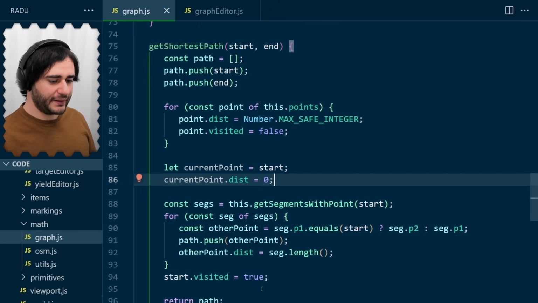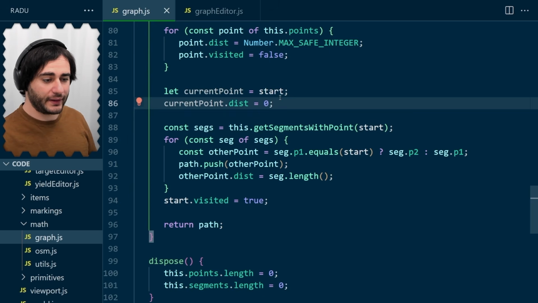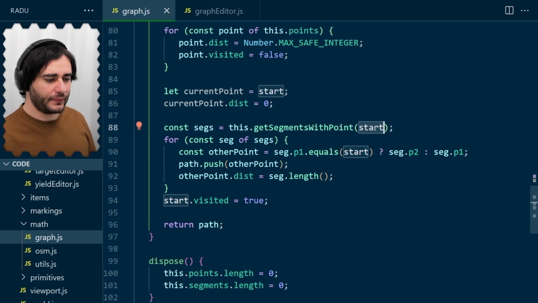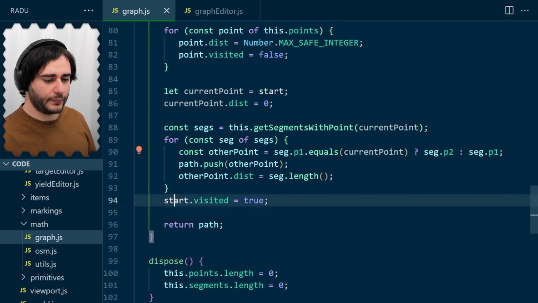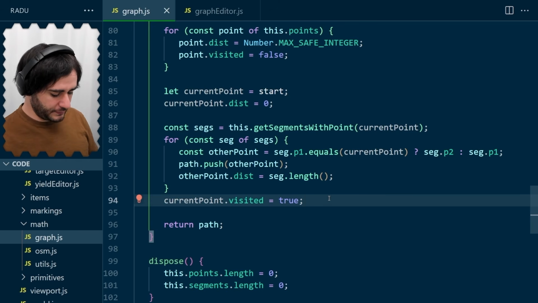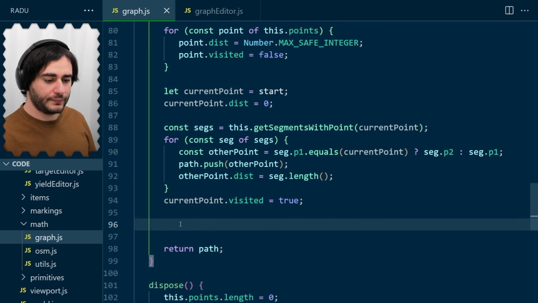And you can probably tell that this is going to loop, and this current point will update from start point to something else. So let's change now everything here where start appears to current point,